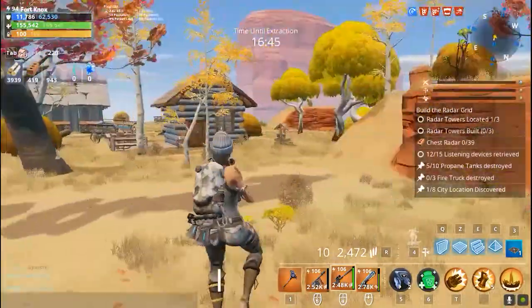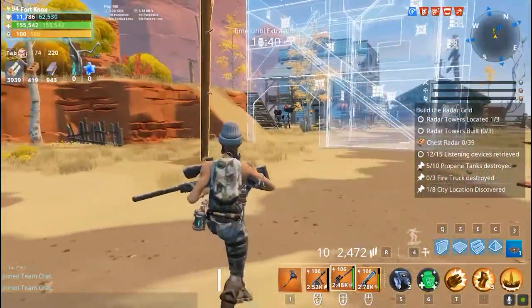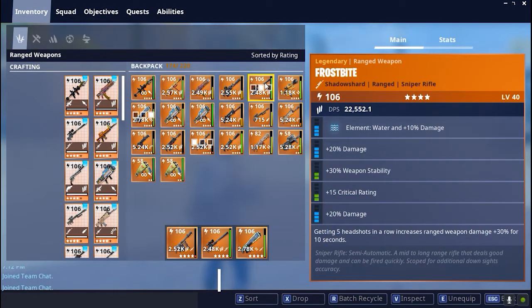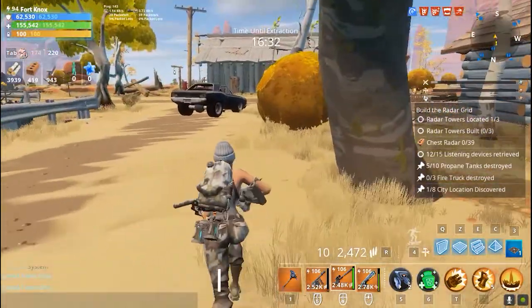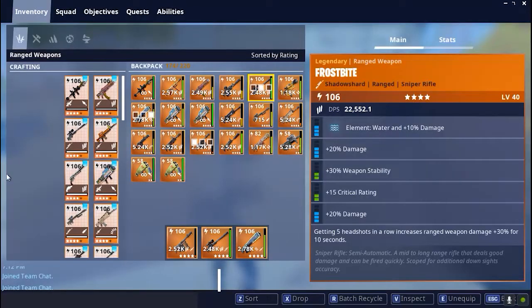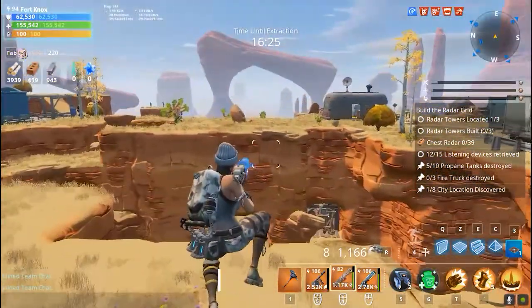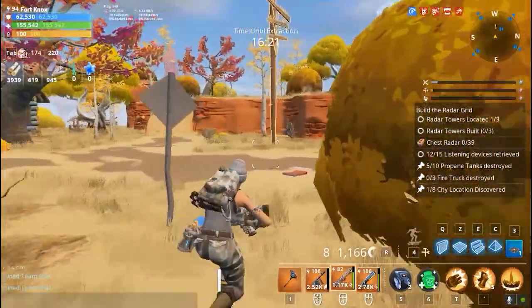So my opinion on the Frostbite, it's a cool looking gun, I'll give it that. It looks awesome, but there are better snipers. Like, I do have a Super Shredder on me. This one's 82, but let's just quickly compare this against...